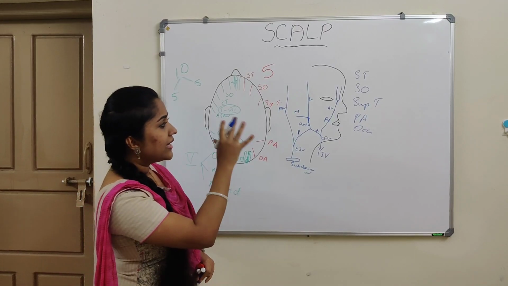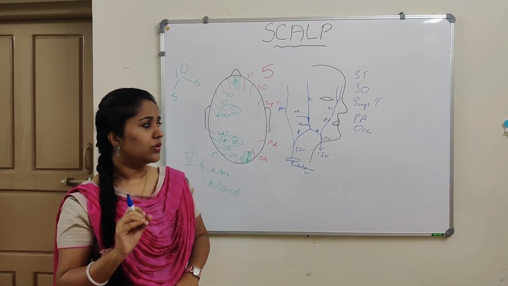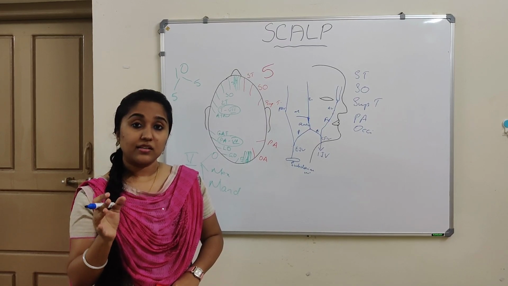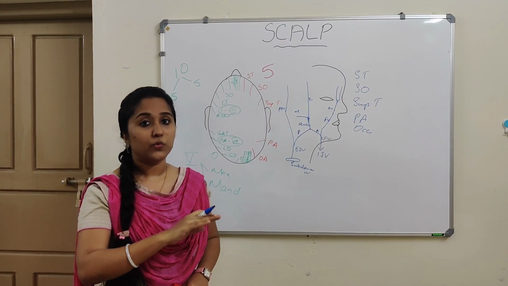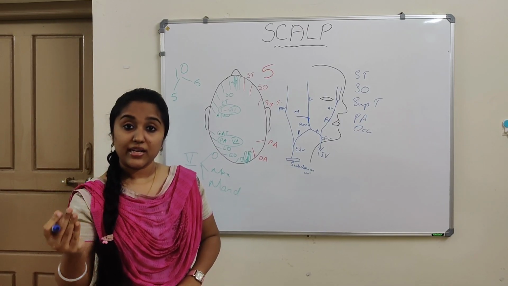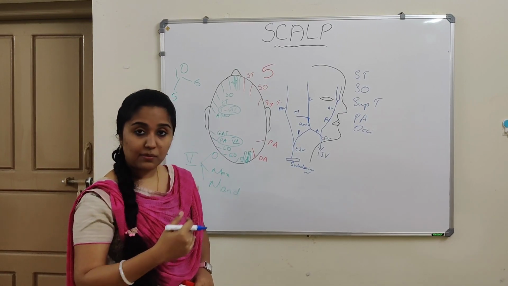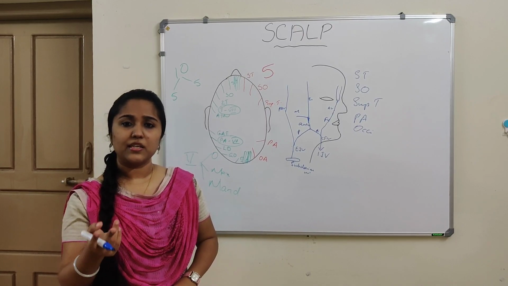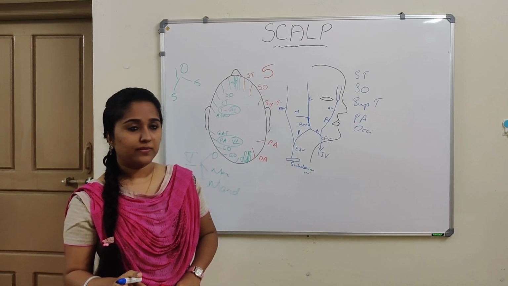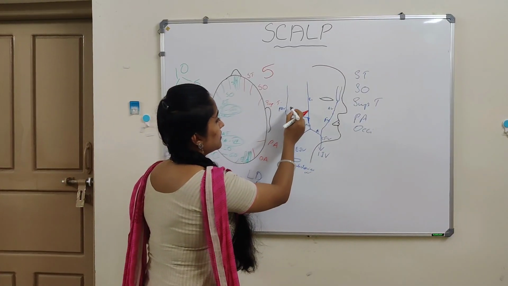Now, other than this, there are 2 sets of veins that are known as the emissary veins and diploic veins. So we have already seen emissary veins in the last session, that is, these connect the scalp veins with the intracranial venous sinuses. So the emissary veins are basically of 2 sets, that is parietal veins and mastoid veins. Okay, and then come the diploic veins. Diploic veins are basically 2 types, that is frontal diploic vein and occipital diploic vein. Okay. Now, next is the lymphatic drainage.